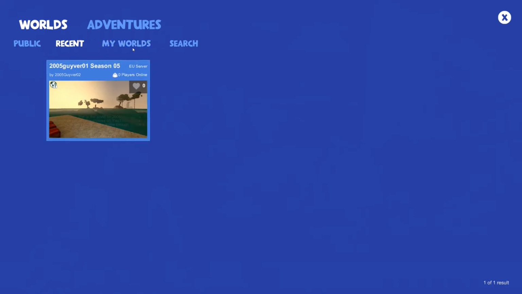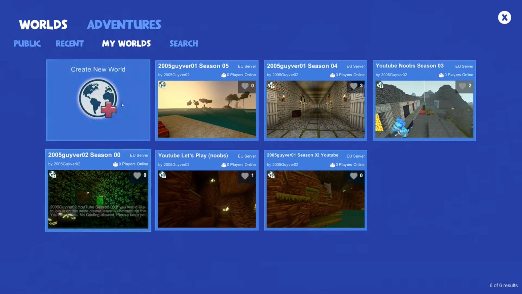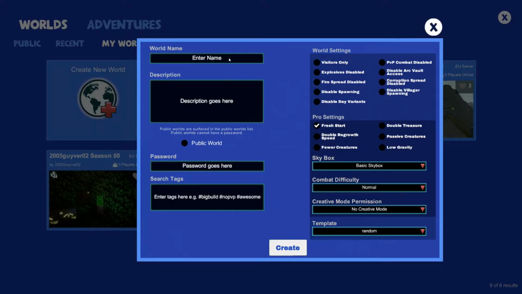Recent was that one there. Let's do create new world. 2005 Guide 02, because I do plan to keep going with this at some point. I think I'll have to copy this description from one of the other ones, but